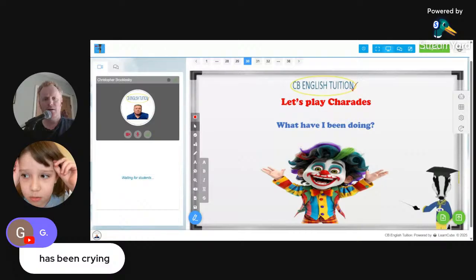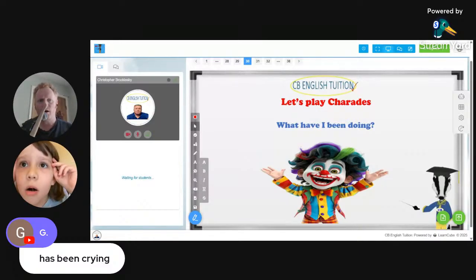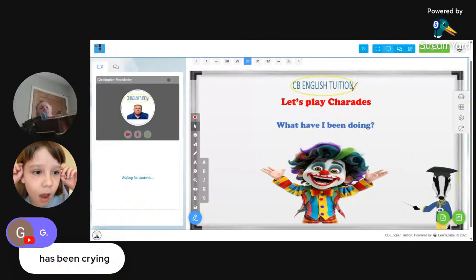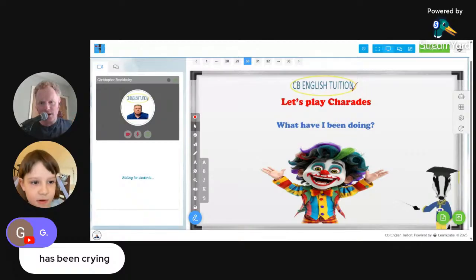Okay, so I do an action. So what have I been doing recently? Playing the violin. Can you give me the full sentence? Chris has been playing the violin recently. Yeah, it's not actually a real violin, in case you didn't know. Okay, do you want to play the game? What has Varvara been doing recently?